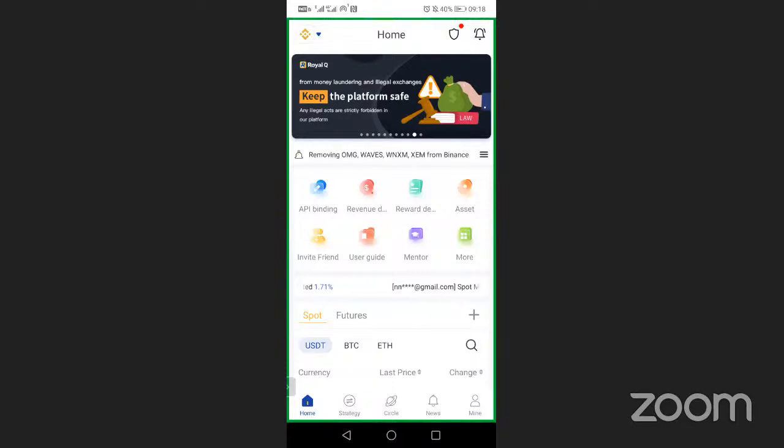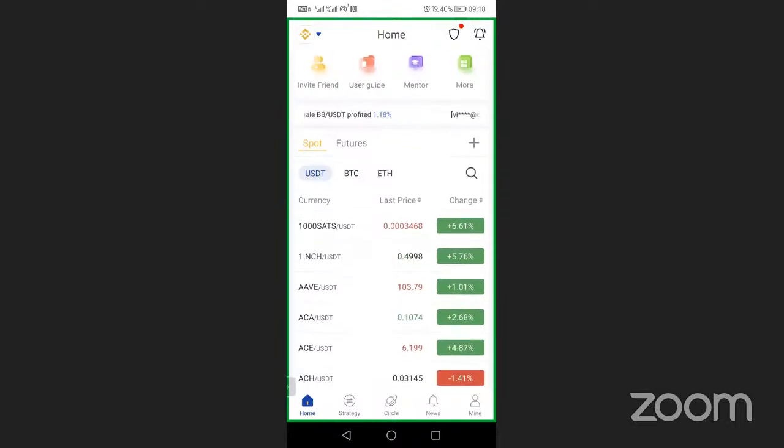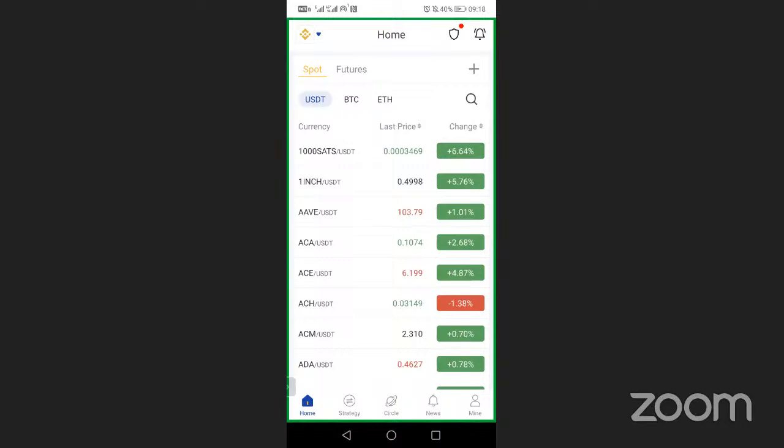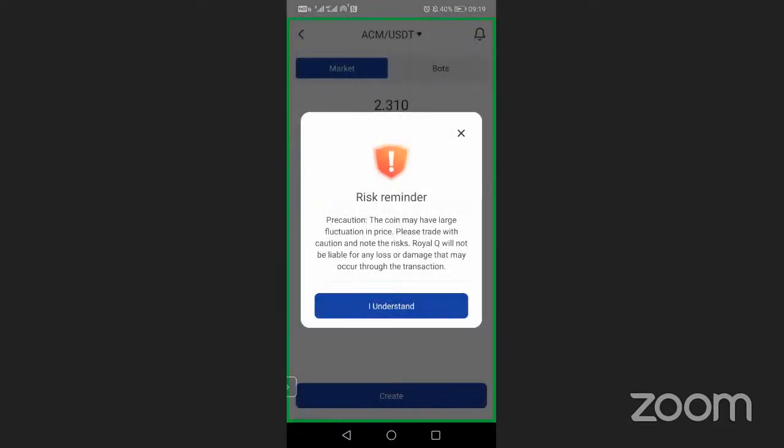All right. So let's come here and pick a coin to demonstrate. I will just pick any coin here that we can set up, and then I demonstrate using it. Let me pick SCM. All right, I'm picking SCM.